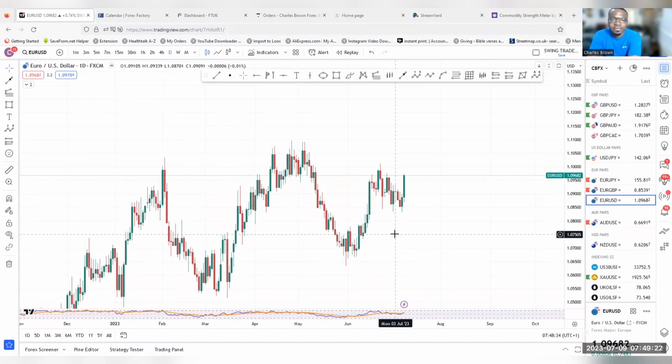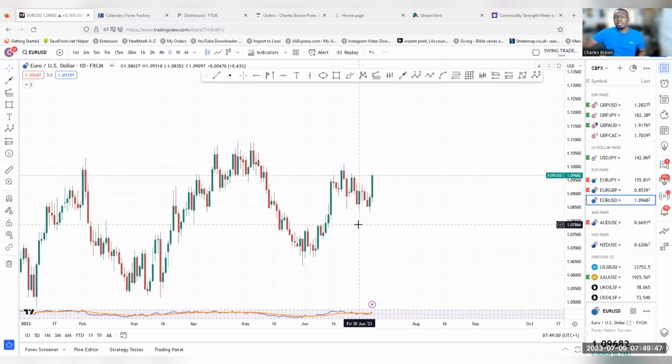This is Trader C Brown, and I am here to share my analysis and forecast on Euro USD. This is week 28. We're looking to trade, and today is Sunday, and we are looking at the market to get ready when it opens so that we can know what to do and how to get in and make some difference in our trading. Now, if you haven't watched the GBP USD forecast I've done for week 28,